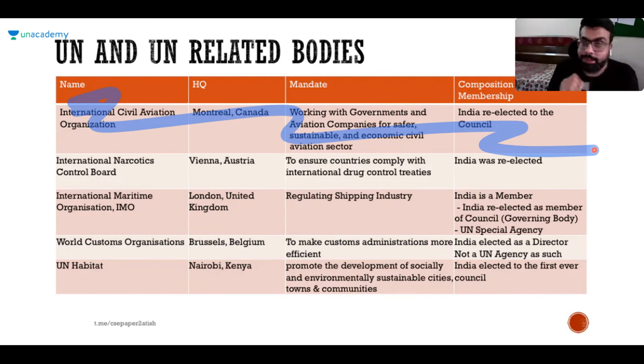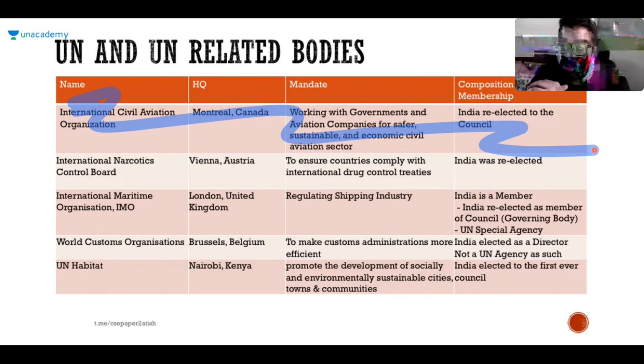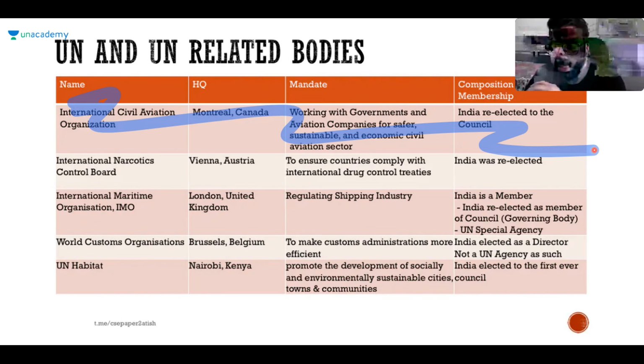Clear? Next is the International Narcotics Control Board, my favorite organization in the world, if I may. The headquarters of the International Narcotics Control Board is in Vienna, in Austria. So, what does this organization do? This organization essentially coordinates with multiple governments of the world to make sure that the governments are following international drug control